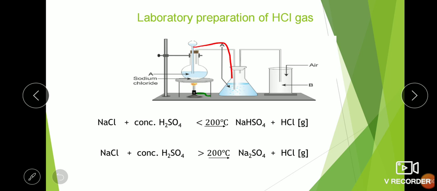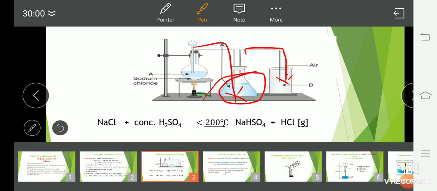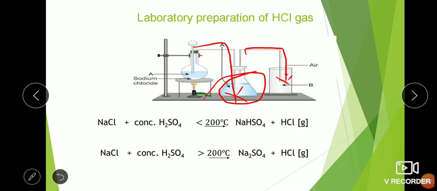If you enlarge the screen, you can clearly see that it is tightly fitted with a rubber cork. From the tube, the hydrogen chloride gas passes into a beaker which contains sulfuric acid. Now this sulfuric acid will act as a drying agent. Whatever moisture is there in the hydrogen chloride gas will be absorbed by H2SO4, and pure hydrogen chloride gas will pass through this tube into an empty gas jar. Now the method of collecting HCl is called upward displacement of air. As we know that hydrogen chloride gas is heavier than air, therefore upward displacement of air is used in this method.